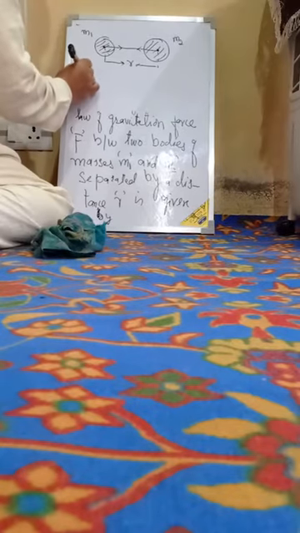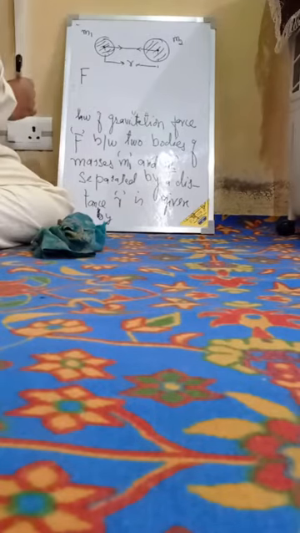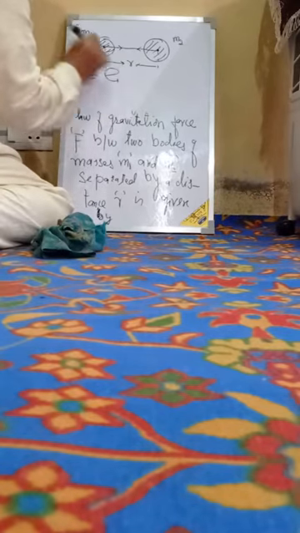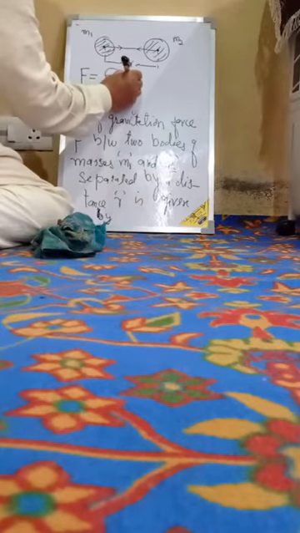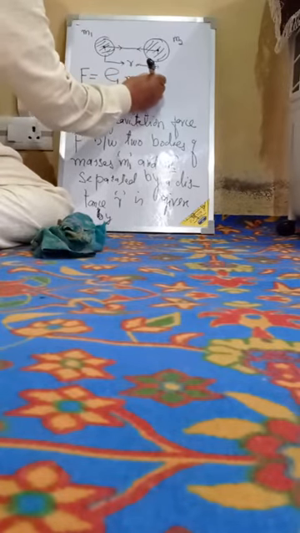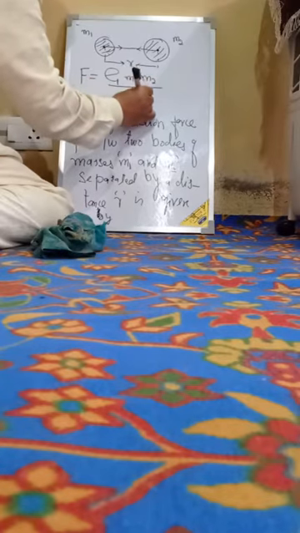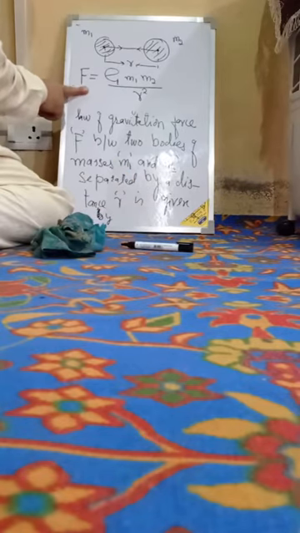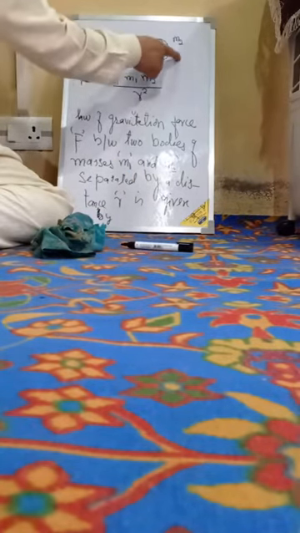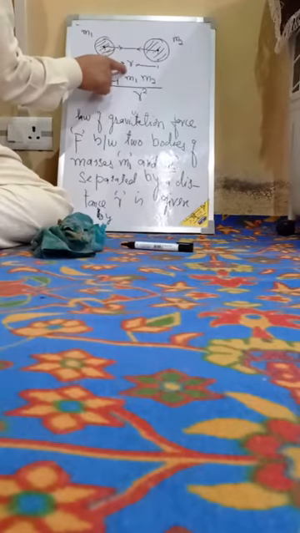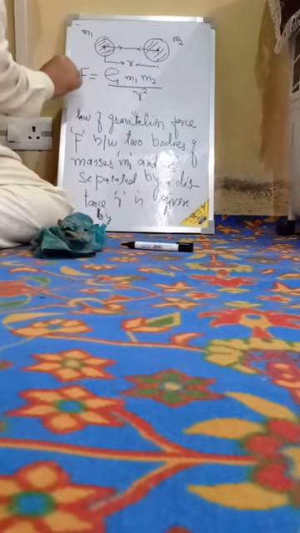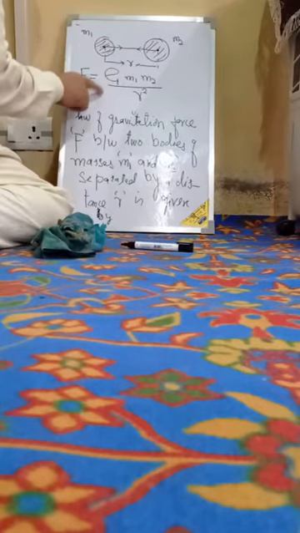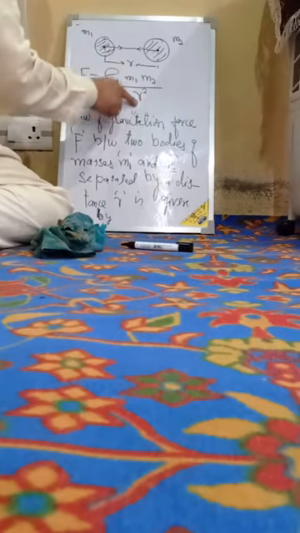Then that force F that we have derived, that F is equal to G universal, that is G m1 m2, and r is the distance between the two bodies. That is the force of attraction between m1 and m2. They are at a distance of r from one another. That force of attraction between the two bodies is G m1 m2 divided by r square.